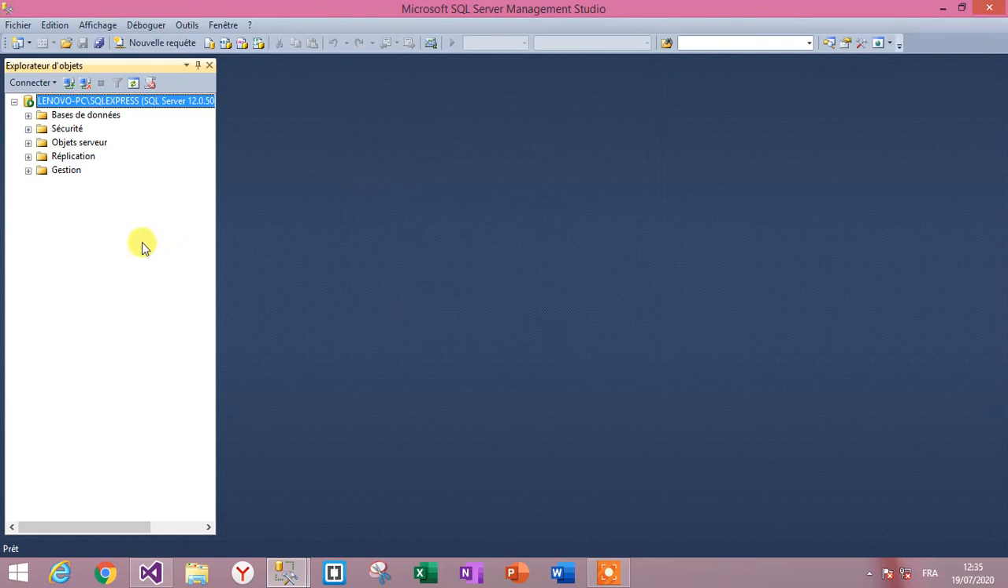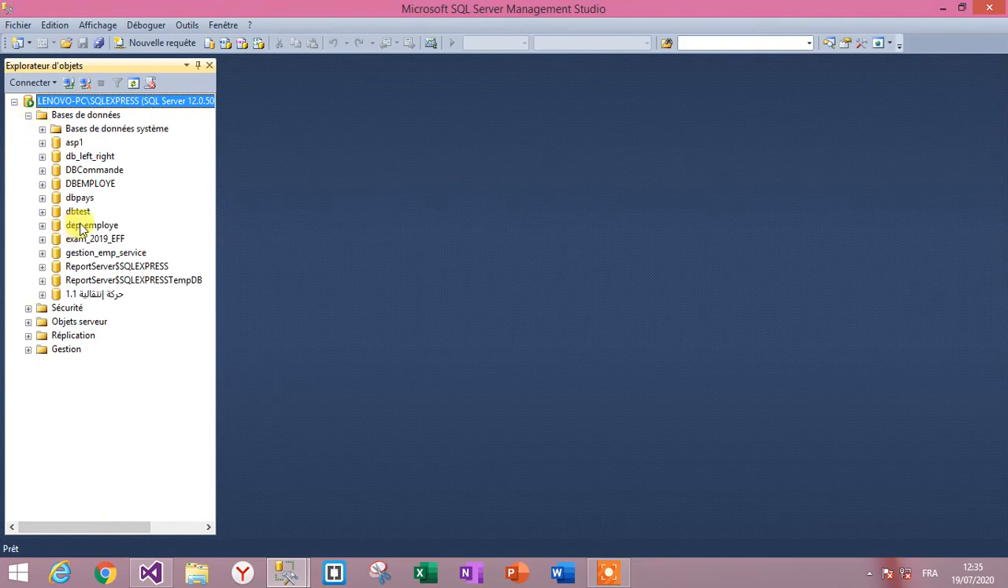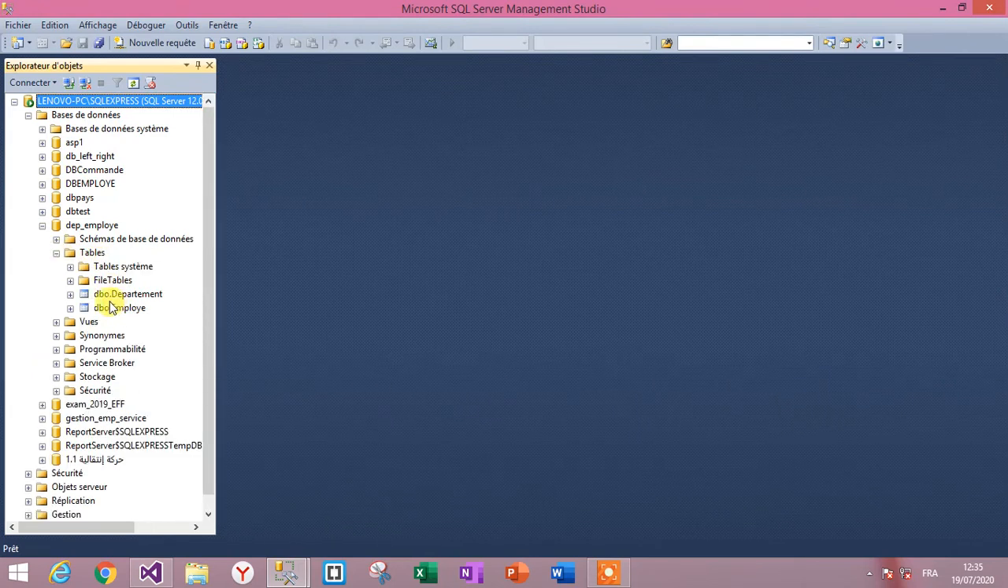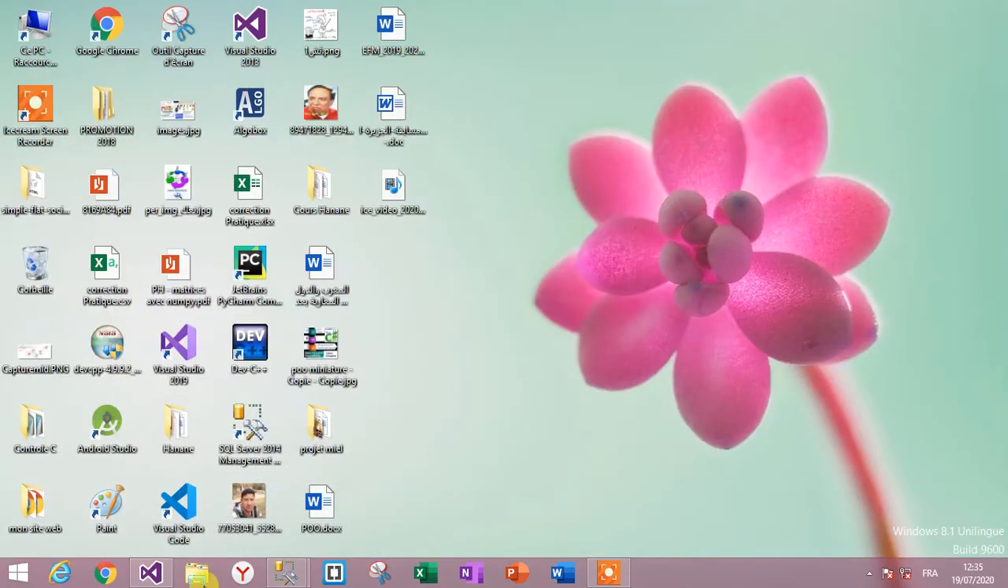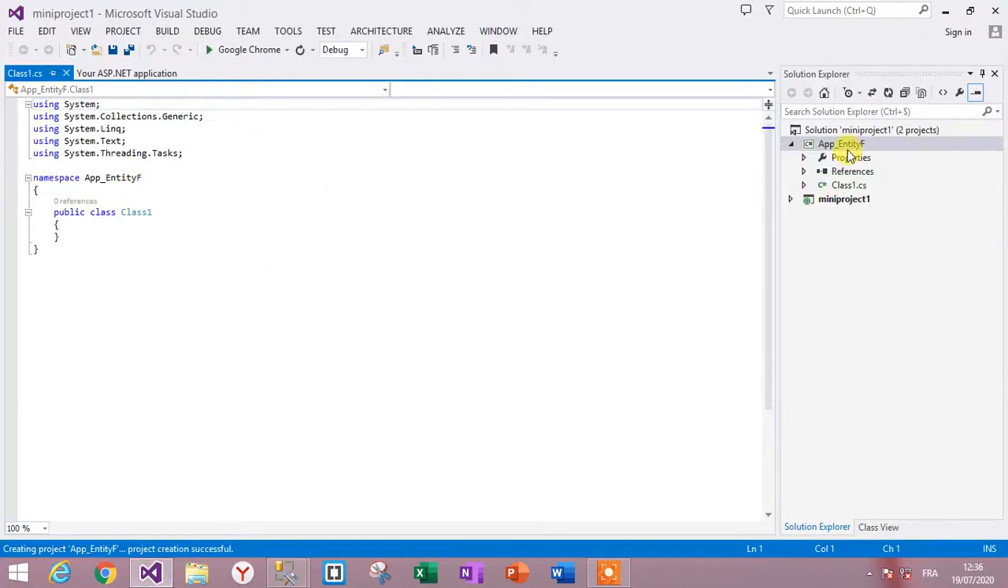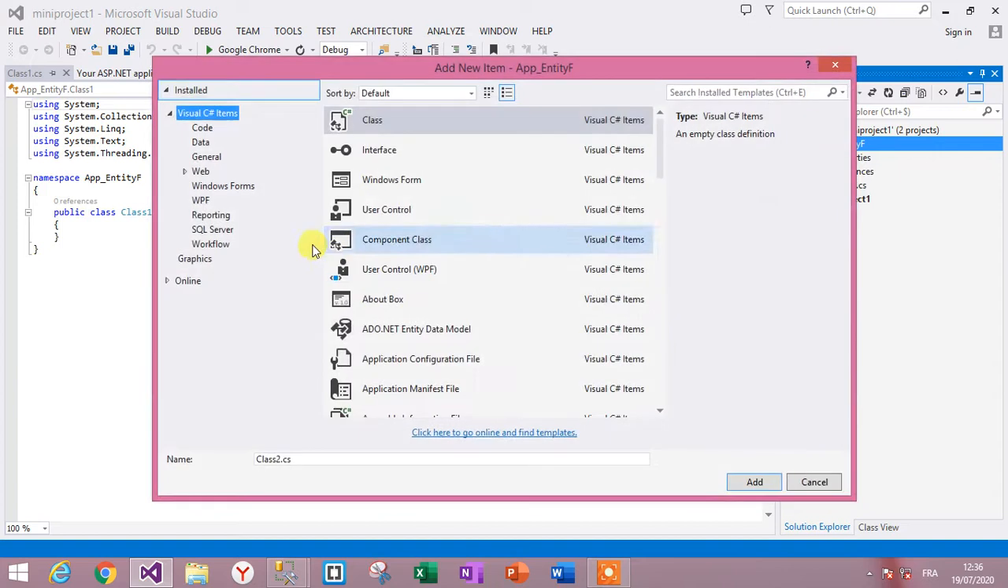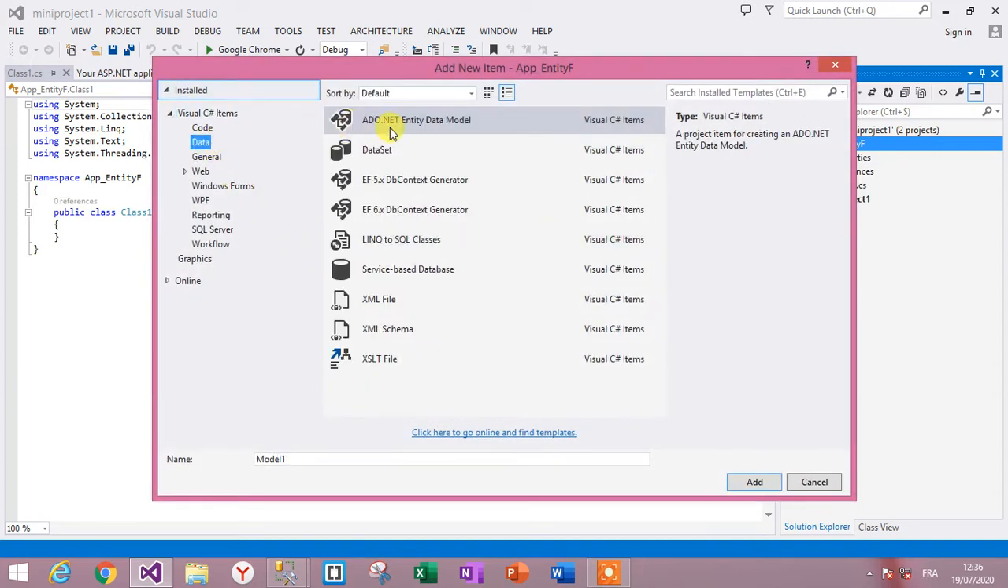Recall that in the previous video we created a database named dep employee. In this database we have 2 tables. The first is employee and the second is department. So go to Visual Studio and create the entity data model. So right click, add new item and select data and choose ADO.NET entity data model. So you can use the model name employee department. Okay,